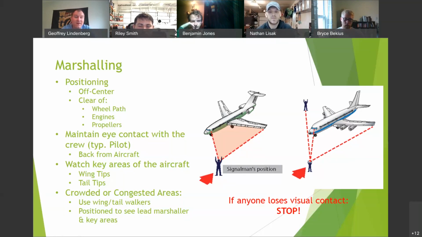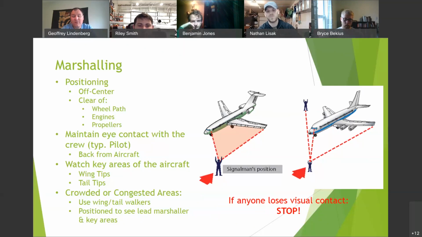So they tend to have a better view of that side of the aircraft. Now, if there's something on the right side that's tight, something you have to watch, like a wingtip coming up near a wall or other equipment, there's nothing that says you can't move over to the other side of the aircraft. You can always use wing walkers, somebody else, to help. But when you're doing this, you're going to be watching a couple of different things. You've got to watch where you're walking. You've got to watch the different parts of the aircraft, wingtips and tail tips and all that. But then you also have to maintain visual contact with the